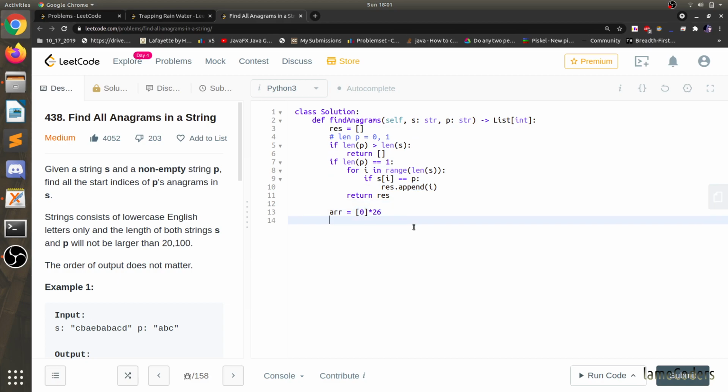Now let's do this. For i in range length of P, now I will create the array which stores the number of times each letter occurs.